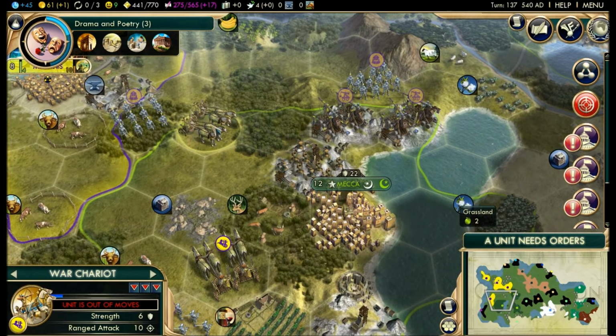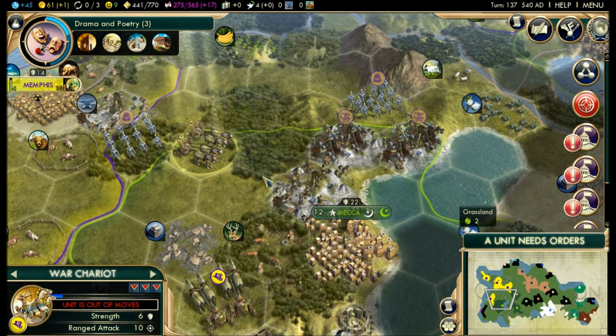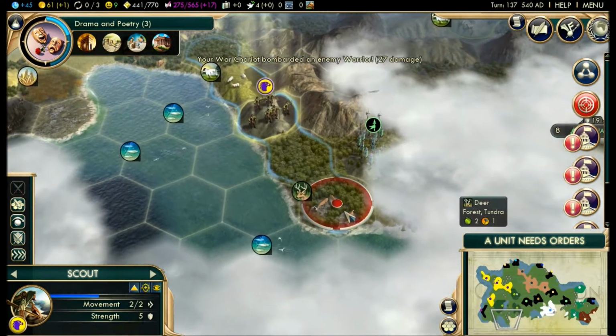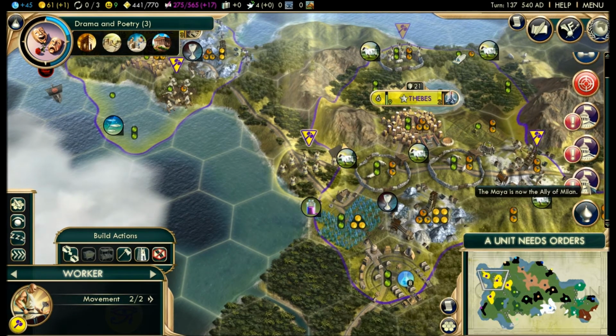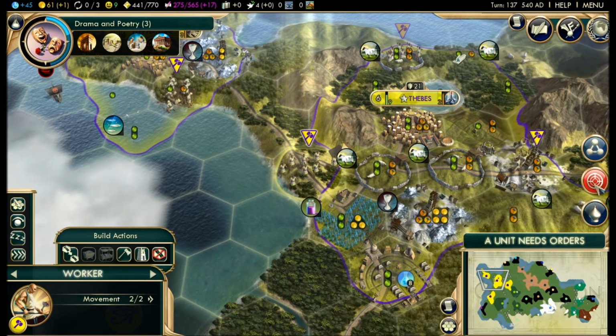This is another reason why I got war chariots. You can see how much more movement they have over my regular units because they do have horses involved. Okay. The Maya are now the ally of that. You must have done something. They must have...